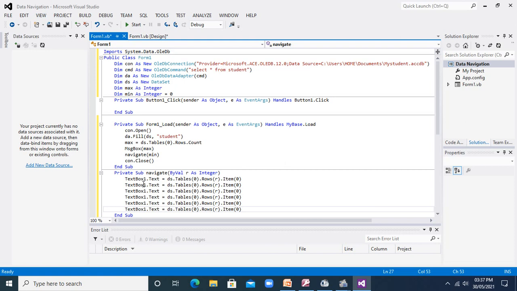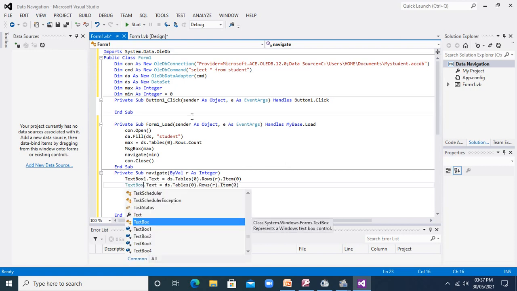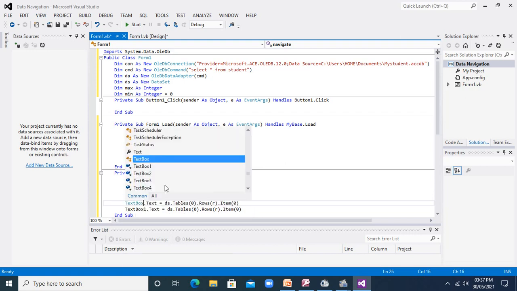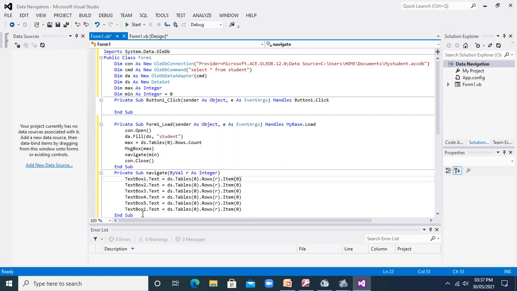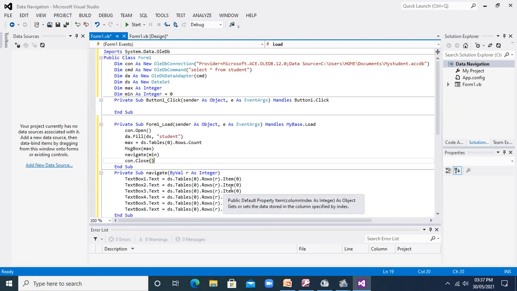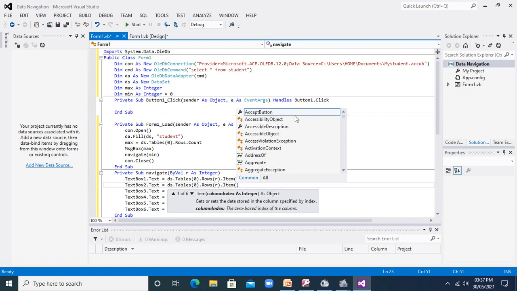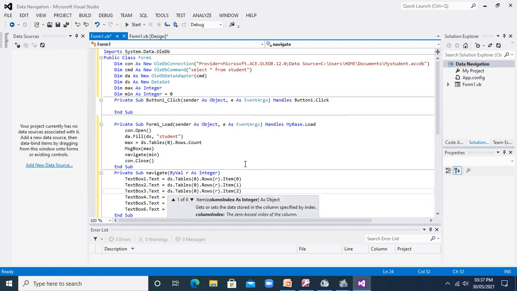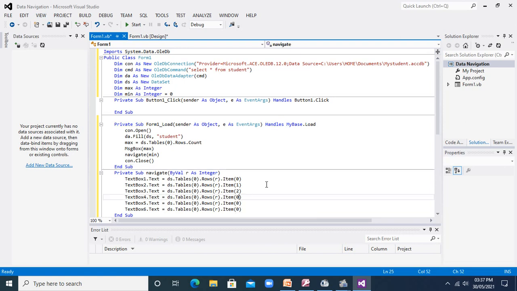Now I will just change the text box number. And here the item number will be 1, after that 2, after that 3.